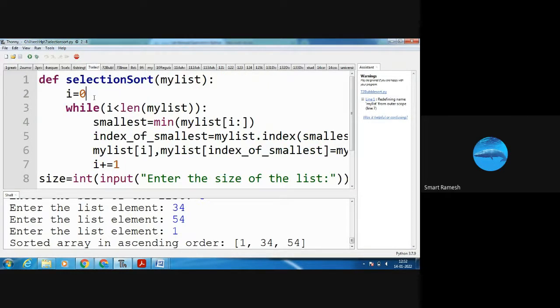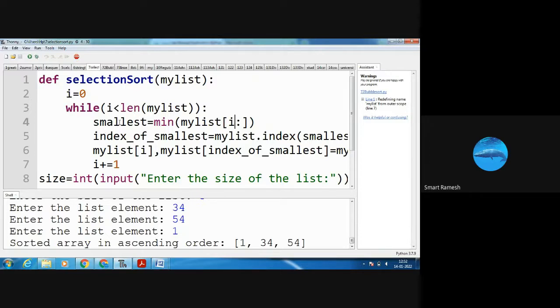Next is selection sort. See, selection sort also looks the same. Here we are using the while loop and we are going to find the smallest number. See here, smallest equals minimum of my list. The starting index is given as 0, the ending index is not given, so it considers the complete list and gets the minimum number, the smallest number.